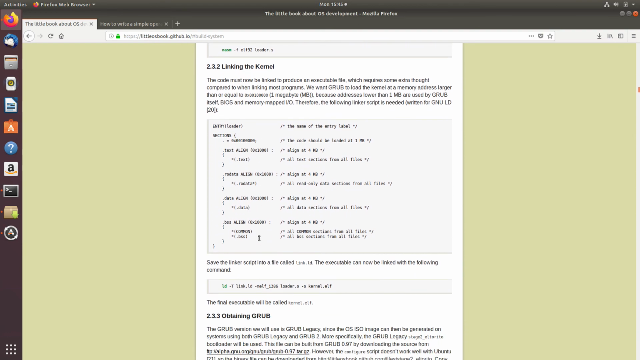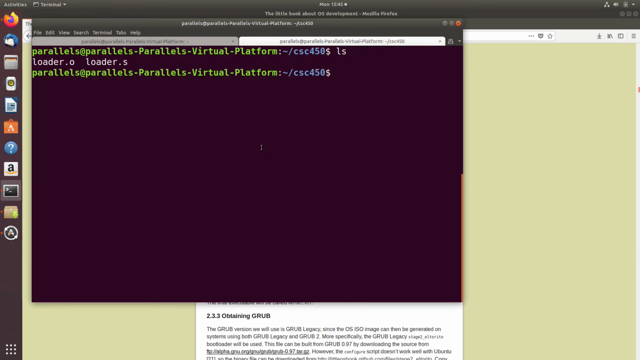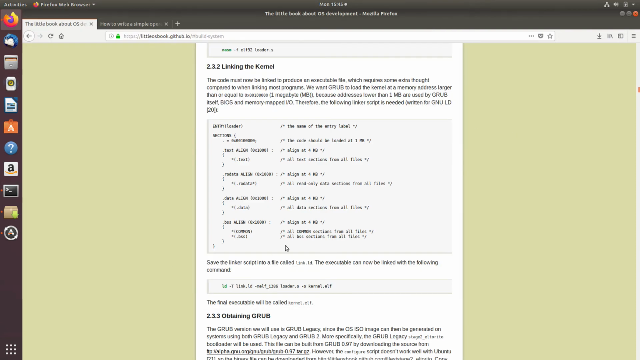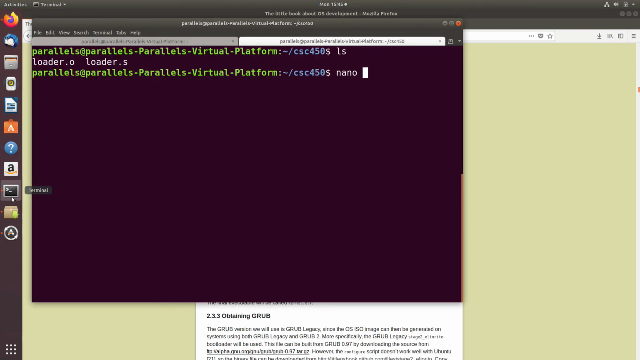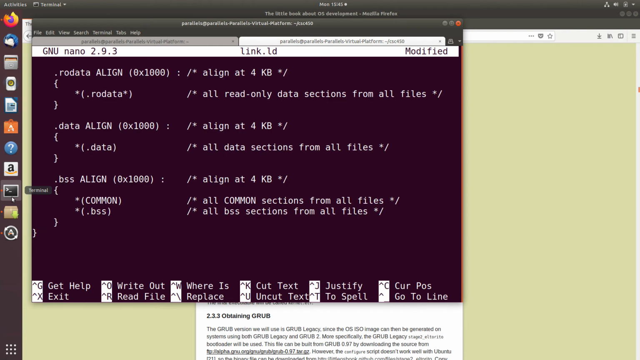Okay, so now we have to link this for the kernel of our awesome, highly useful operating system. So I'm going to copy this code, and I'll walk through it. Link LD. So nano link.ld. Going to get a rash from using nano here. All right, so